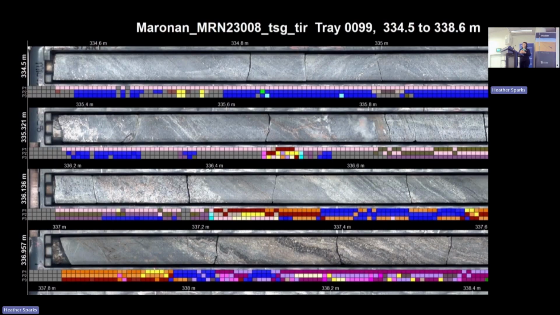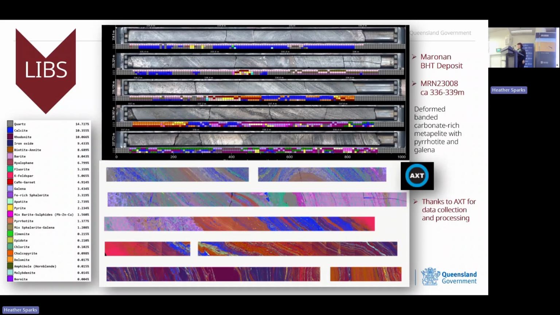Just to show you an example of what LIBS can do. This is an example of a tray from a northwest deposit, a Maroon and Broken Hill type deposit. And you can see this is an image from the hyperspectral logger where the colored dots are representing the different minerals. So even from this image, you can see how complex the mineralogy is here, the textural elements you can see, and the range of mineralogy. But if you look now at the same tray scanned using the LIBS technique,